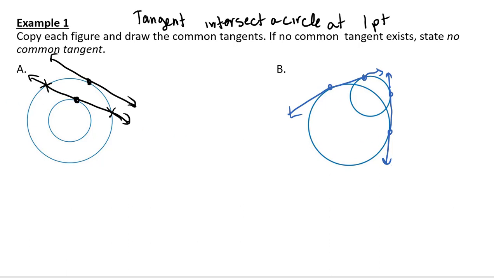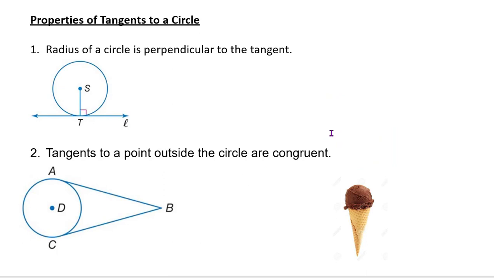So some properties of tangents. The radius of a circle is perpendicular to the tangent. So radius is perpendicular. Also, and I call this the ice cream cone theorem, tangents to a point outside the circle are congruent. That means that if